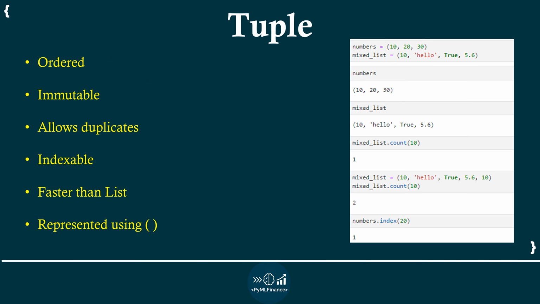So now the next data structure is tuple. Tuples are similar to list. They are ordered and allow duplicates. So tuples are ordered and they also allow duplicates. All right, but the key difference here is tuples are immutable. List were mutable, but tuples are immutable. Means once tuple is created,